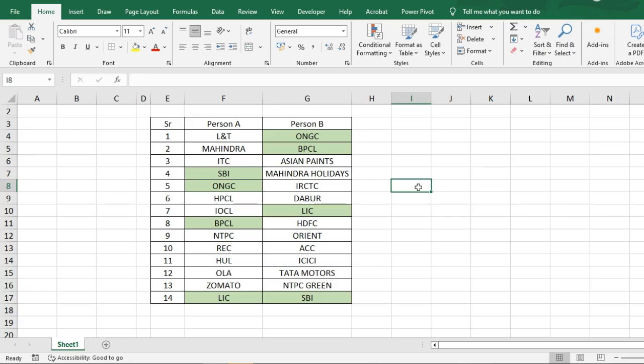But say if the same list would be running into hundreds and hundreds of data points, then it will not be easy to do the thing manually. So it will be better to use the conditional formatting feature to do this. The only drawback is you will have to bring the data to the same worksheet. Say the other one is in some other place, you will have to bring it to this point and then do